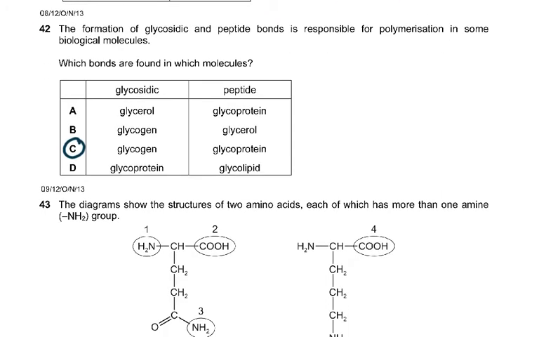Then 42. The formation of glycosidic and peptide bonds is responsible for polymerization in some biological molecules. Which bonds are formed in each molecule? So in glycogen, glycosidic, and in glycoprotein, peptide. I mean they've just tried to confuse you, because you have to remember that the glycoprotein is just a carbohydrate part which joins up with the protein part. So the answer to that was